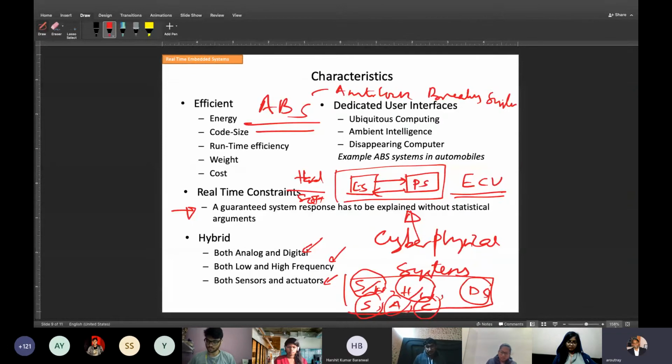So these are some of the characteristics. Now, take out your cell phone. This is the best embedded system which you are using. There are lots of things which are used to design a cell phone. So what is the real-time constraint on a cell phone? Can anyone tell me what is done in real time? So, GPS.